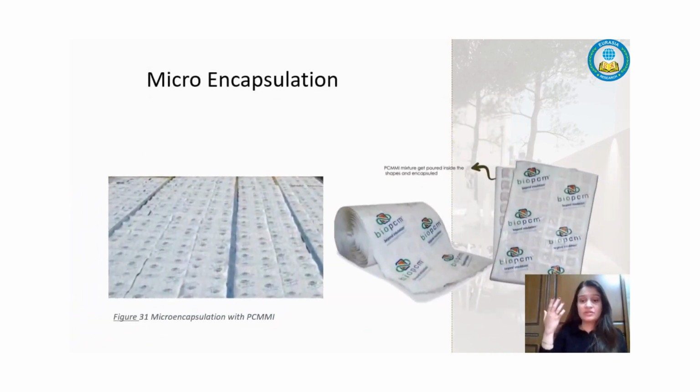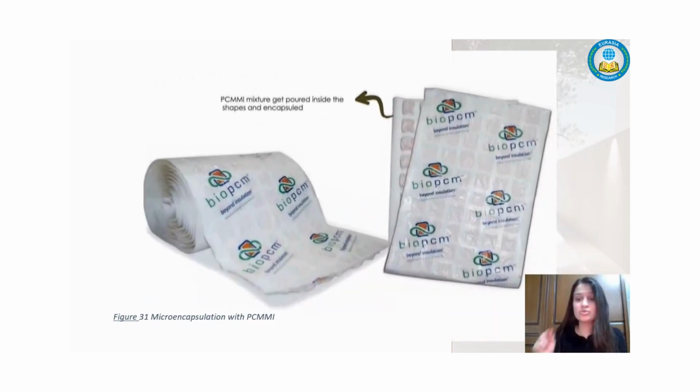Now I know that there's this question that's popping up. The phase change material is a material that changes its phase into liquid at some point. How wouldn't it leak into the interior? That's by using microencapsulation. Microencapsulation is used only for the phase change material mycelium integration or bio-PCM, by pouring the mixture into these capsules, and then they will be closed, which means that it will expand and shrink inside these capsules, preventing its leakage into the interior.